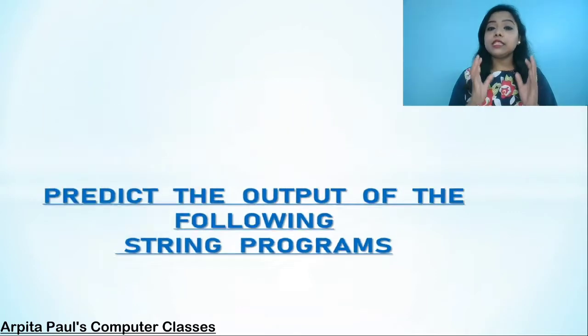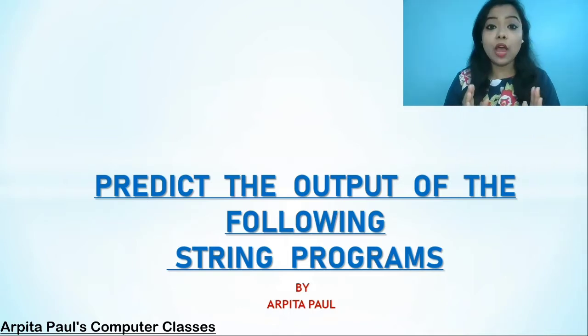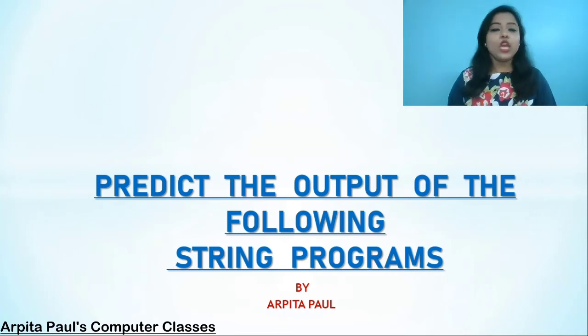And today I will discuss some important objective type questions and answers from the chapter String. Basically, all the predict-the-output questions from the String chapter. In this video I am explaining all types of objective questions, or predict the output, from the chapter String. Out of these, one or two types will definitely come in your ICSE exam. So all of you should watch the video and learn it properly. Okay, so let's move on to the explanation part.